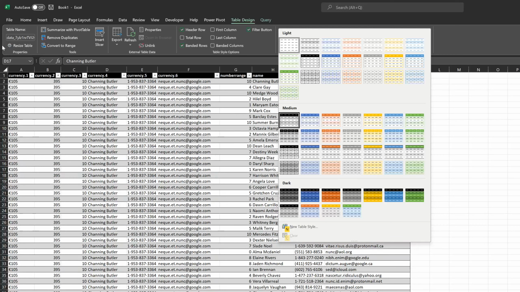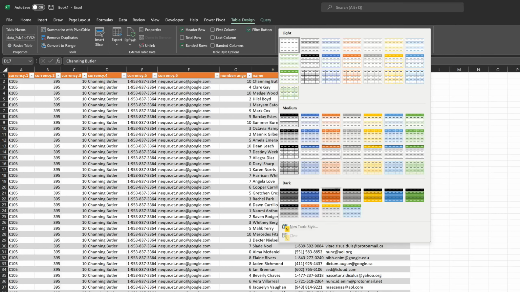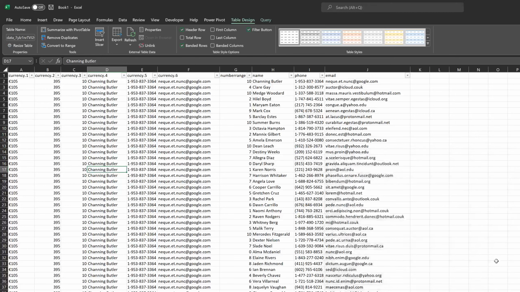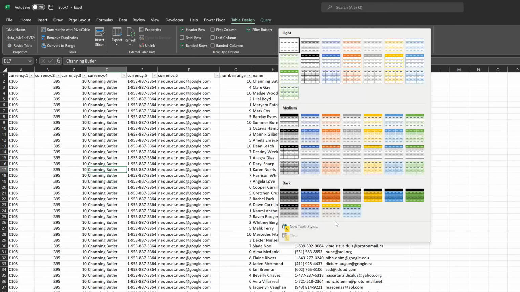Now we can do anything we want here. If this isn't enough, here you've got New Table Style. This can change every single option of the table available. But this is a lot of work, and we've already got plenty of correct templates. So let's select one layout,